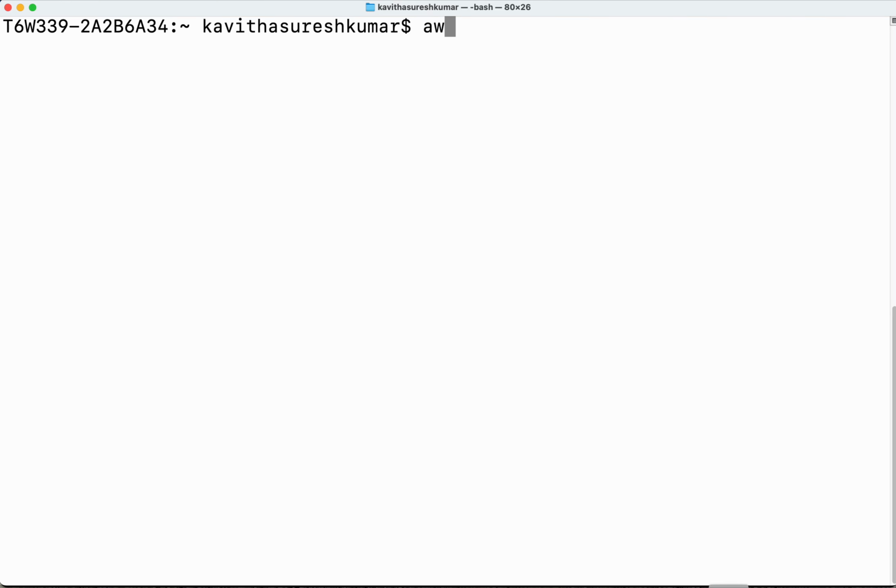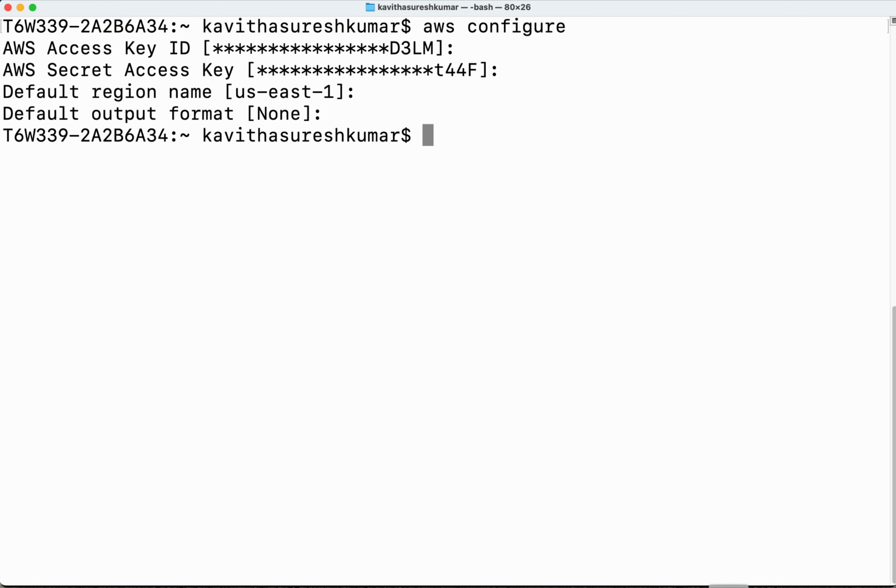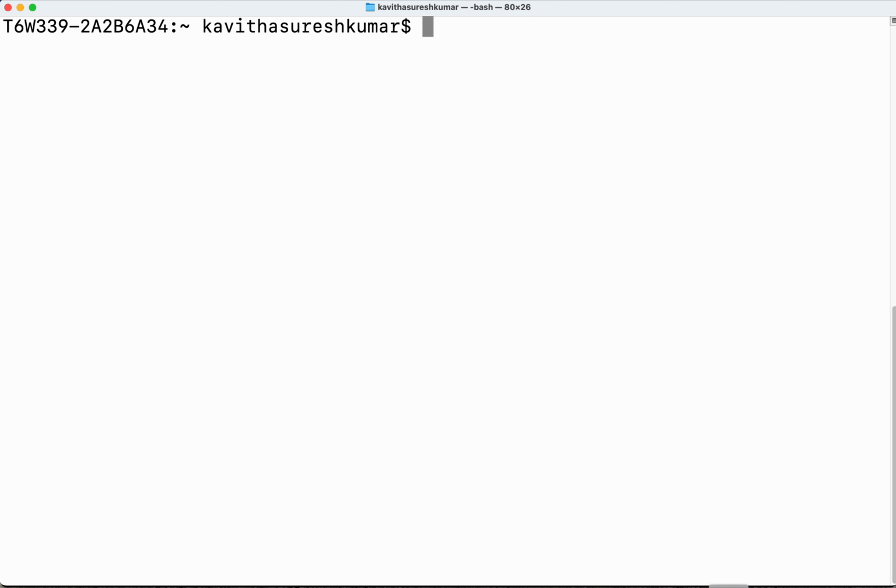First, let's authenticate with AWS using the AWS configure. We are going to go ahead with the default region, which is US East 1. Now we have successfully authenticated with AWS. Now let's go ahead and create the database. AWS RDS create DB instance. We need to give the DB instance identifier,